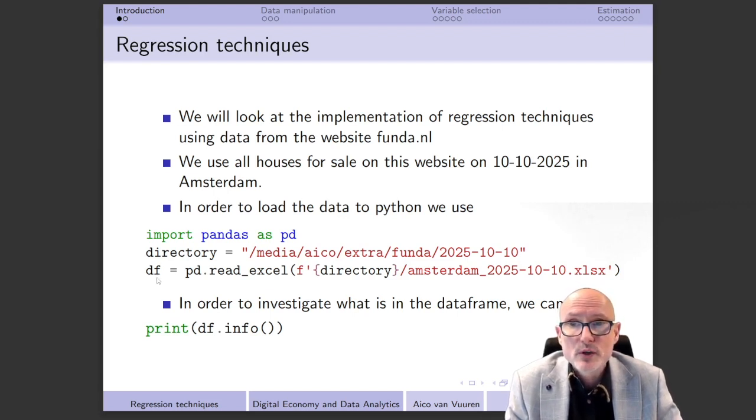But then the next thing we can do is use the method read_excel. That's a method from pandas, so we're going to use pd for that, of course. So we're going to have pd.read_excel, and then the next thing we're going to have is the file name. For that we are going to use an f string, and the reason why we're going to do that is because we would like to include this directory, of course. So that implies that we start here with f, then we're going to have the string itself, and then